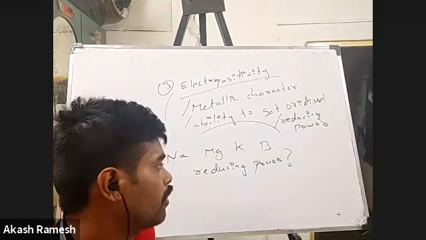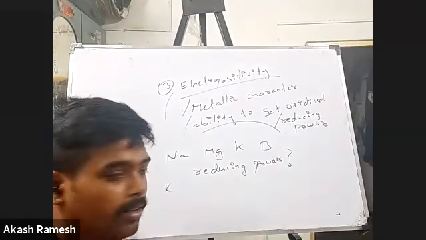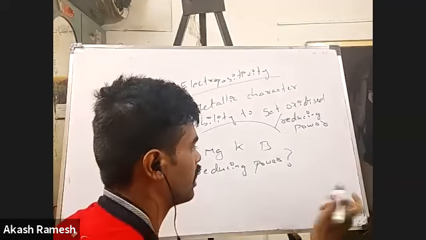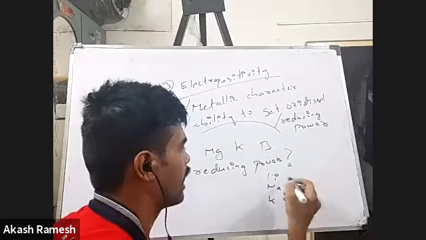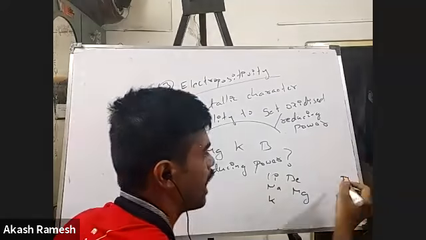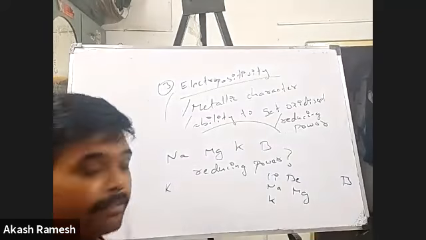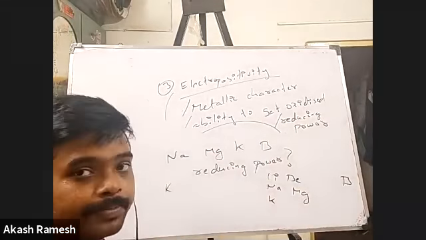Guys, which of these four? Potassium. Correct. Very good. So potassium will have the maximum reducing power. Now you can understand how it is. I have lithium, sodium, potassium, right? And after this I have beryllium, magnesium, and I have a gap, and I have boron. These are the elements I have here. Out of these six, some four are there, right?